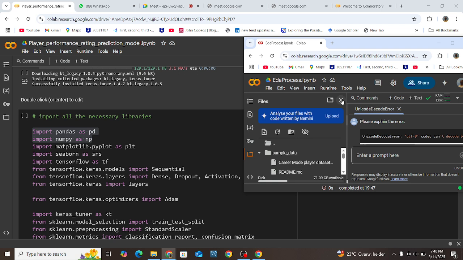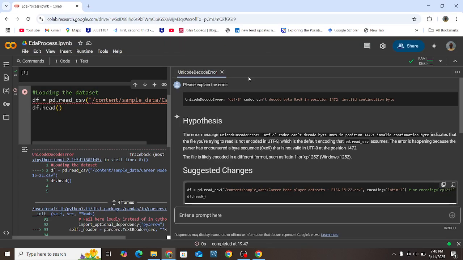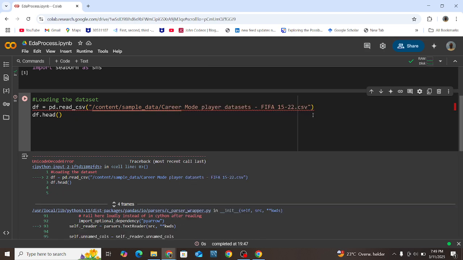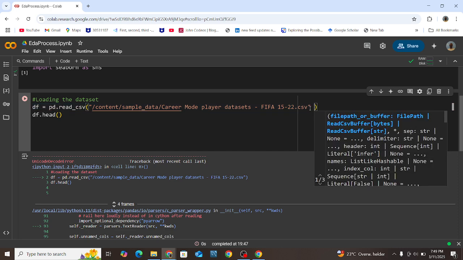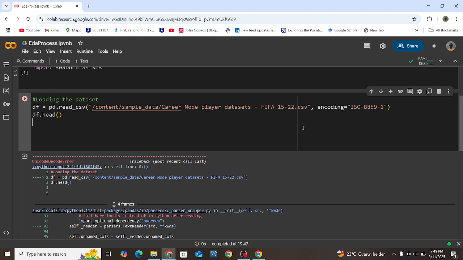You can see that we have a problem with the Unicode decode error. This is simply because for us to read this data set, let me show you that. I should minimize this. For us to read this data set, we must include an encoding option here, because it isn't using the default UTF-8. With this one we are using a different encoding option, which is the ISO